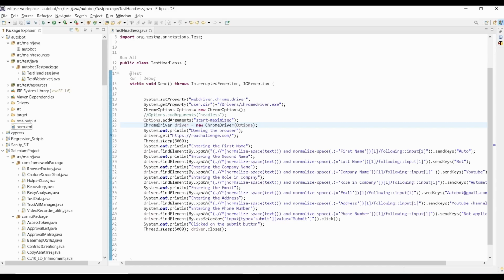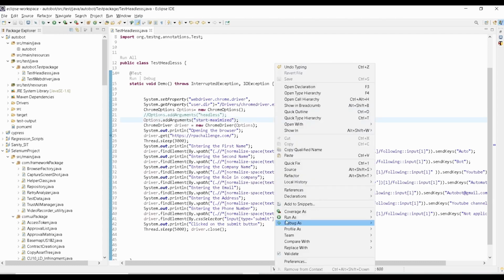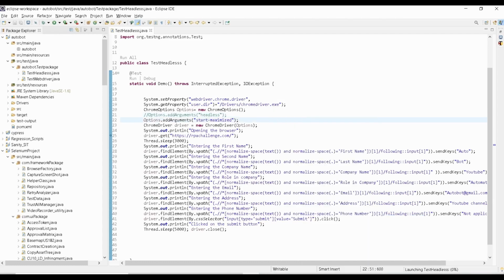Okay, so let's start. This is one class which we created during our last session. If you haven't watched that video, please go to our Selenium playlist and watch the videos. This test case we saw while automating the dynamic form elements, and I showed the same test case for headless execution also. So let me execute this test case and I will show you what is happening here.